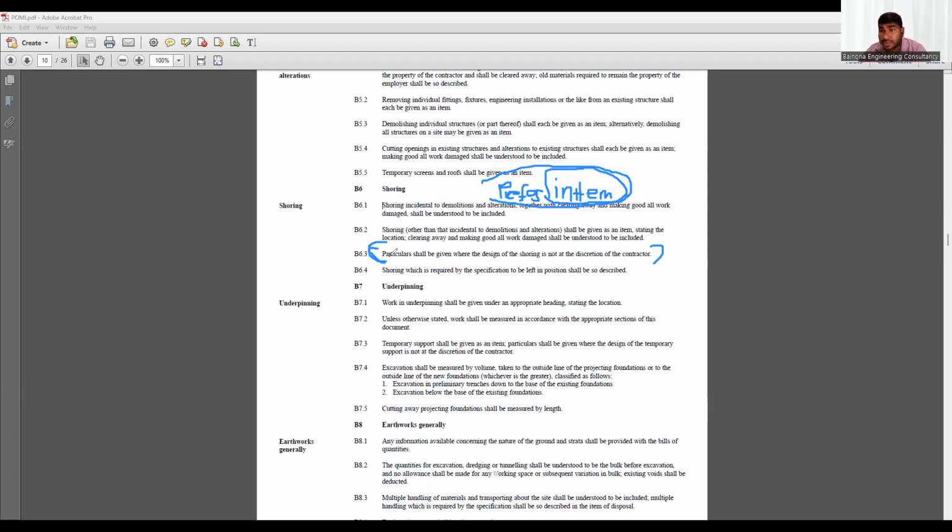Also, you are a QS, you make an estimate of 1 million. Once the tender is out, it comes to 5 million. So there is a 4 million difference. You cannot do value engineering, you cannot do anything. Then the client is lost. He allocated 1 million plus contingency of 10%, 1,100,000. Then you don't have money. This is because of your mistake. You made a mistake in your design. Sorry, you made a mistake in your cost estimate. So that is your professional negligence. You didn't do your professional due diligence. So that is your mistake.